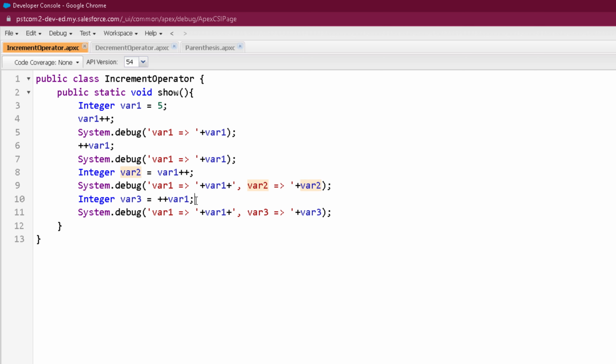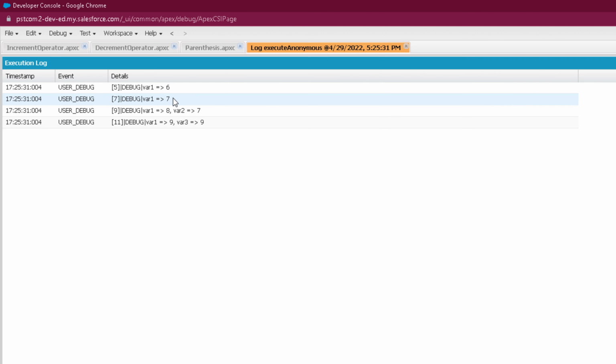Now in line number 10, which is again an expression, here pre-increment operator is used. So first incrementation will take place, so that will change var1 to 9 and then the value will be assigned. So var3 will also be assigned 9. So when you print in line number 11, var1 and var3 will be 9. So let's see the output. So you can see it is 6, 7, var1 is 8, var2 is 7, and in the last var1 and var3